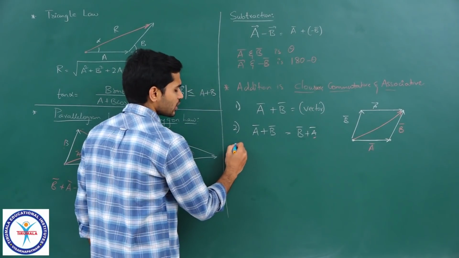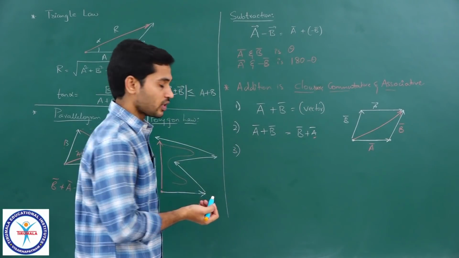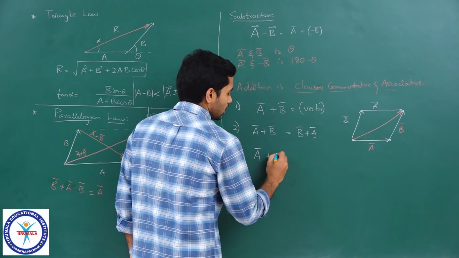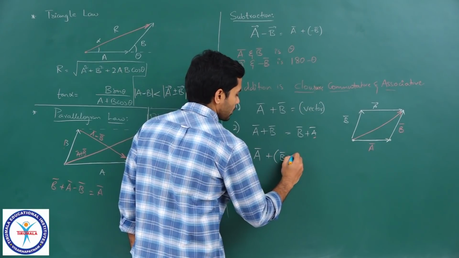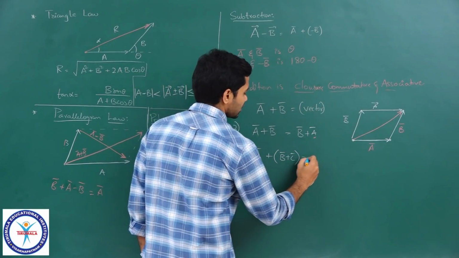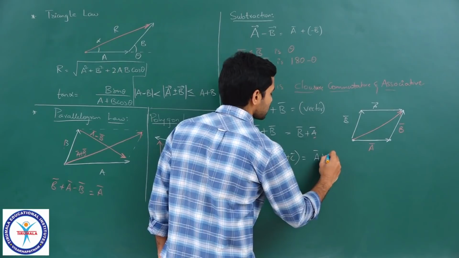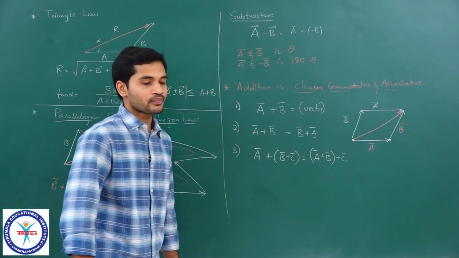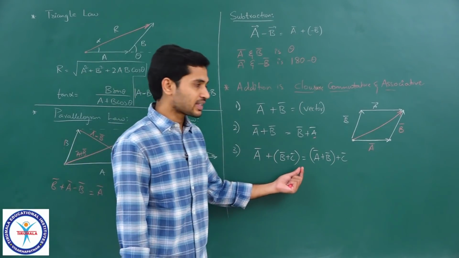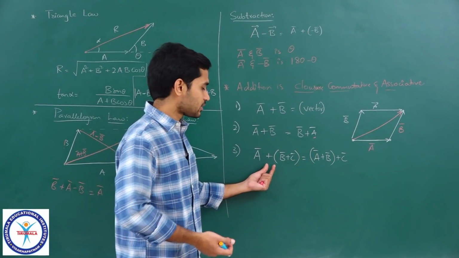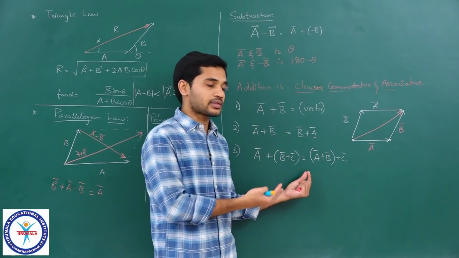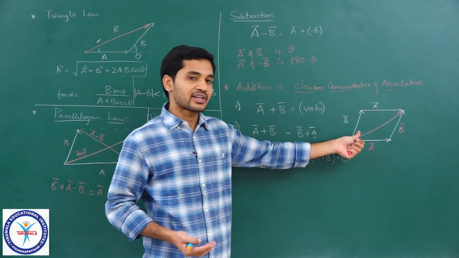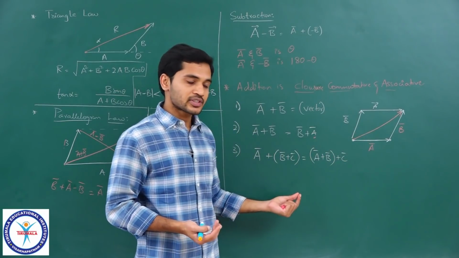Okay. So, the third one is the associative property, or associative law. You can write it like this: A bar plus B bar plus C bar is equal to A bar plus B bar plus C bar, with the grouping changed. Clear? This is once again an addition, or you can say a next step of this understanding itself. Whichever way we have understood this, you can understand this also in the same manner.